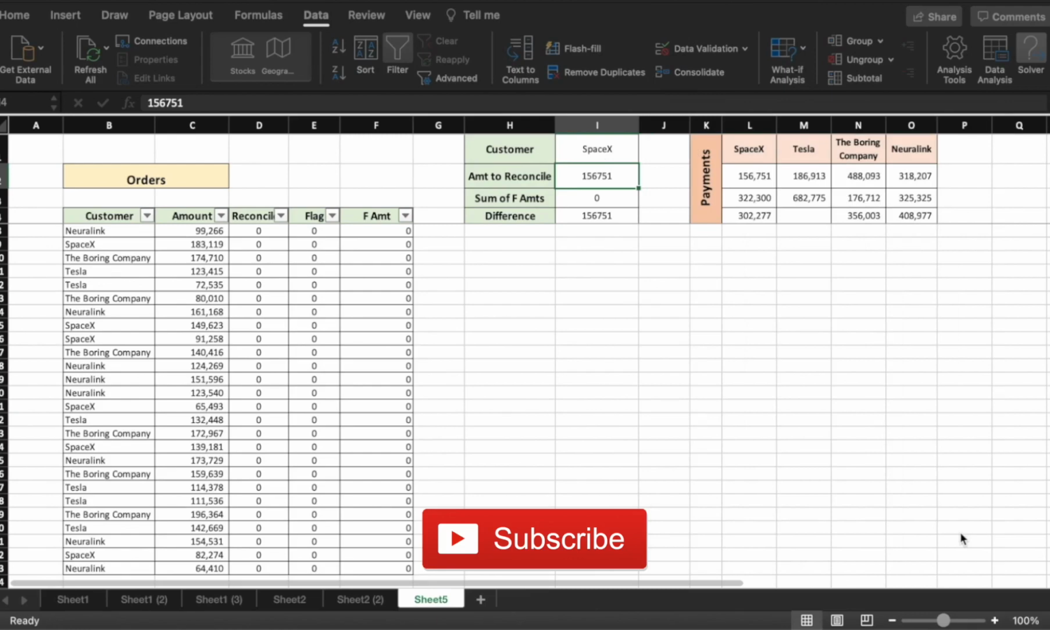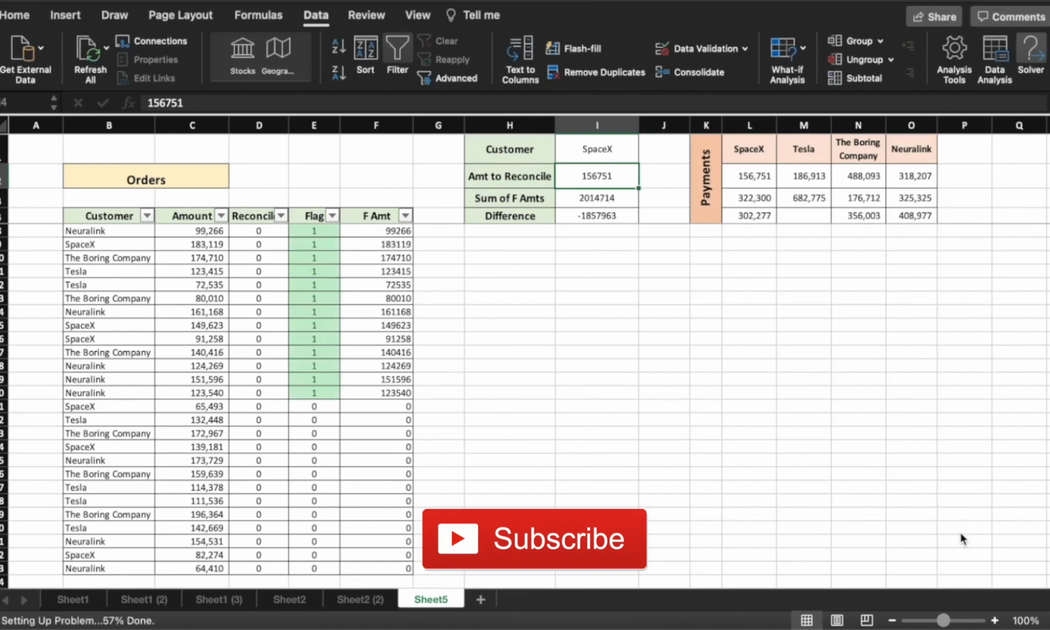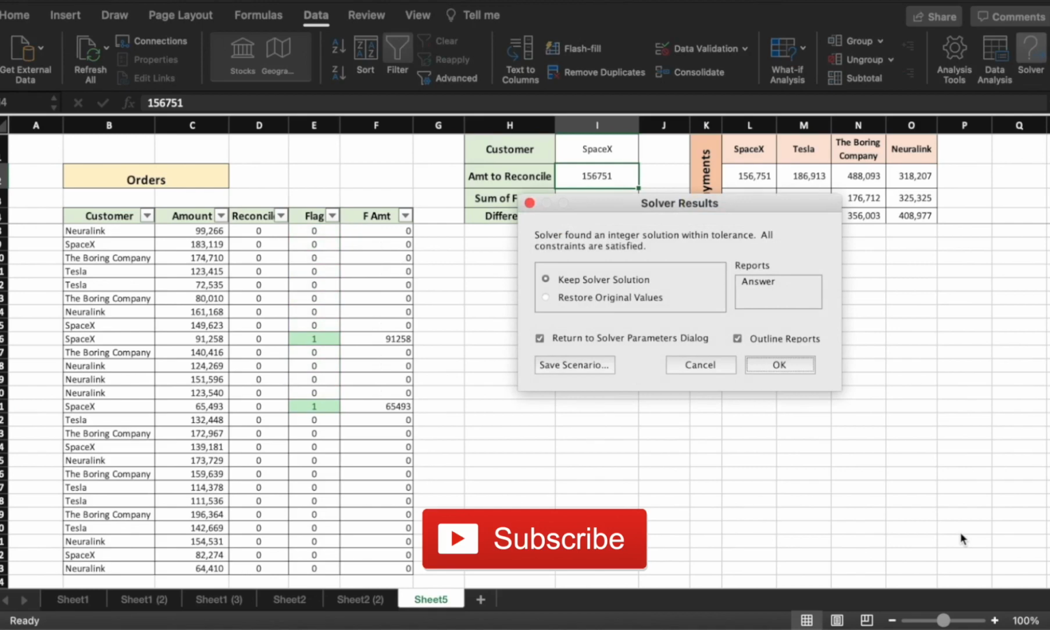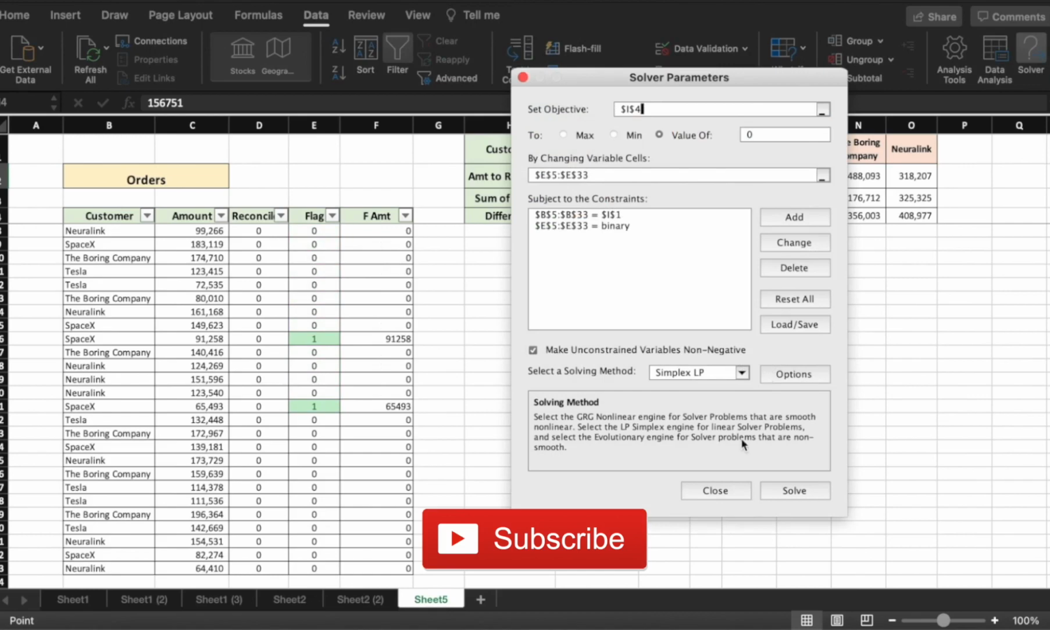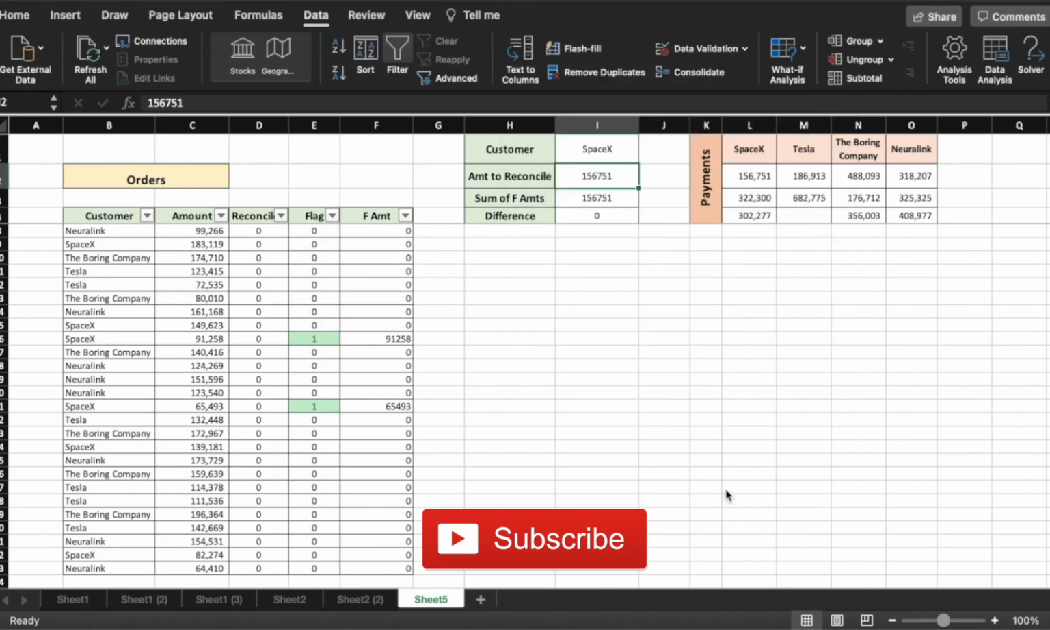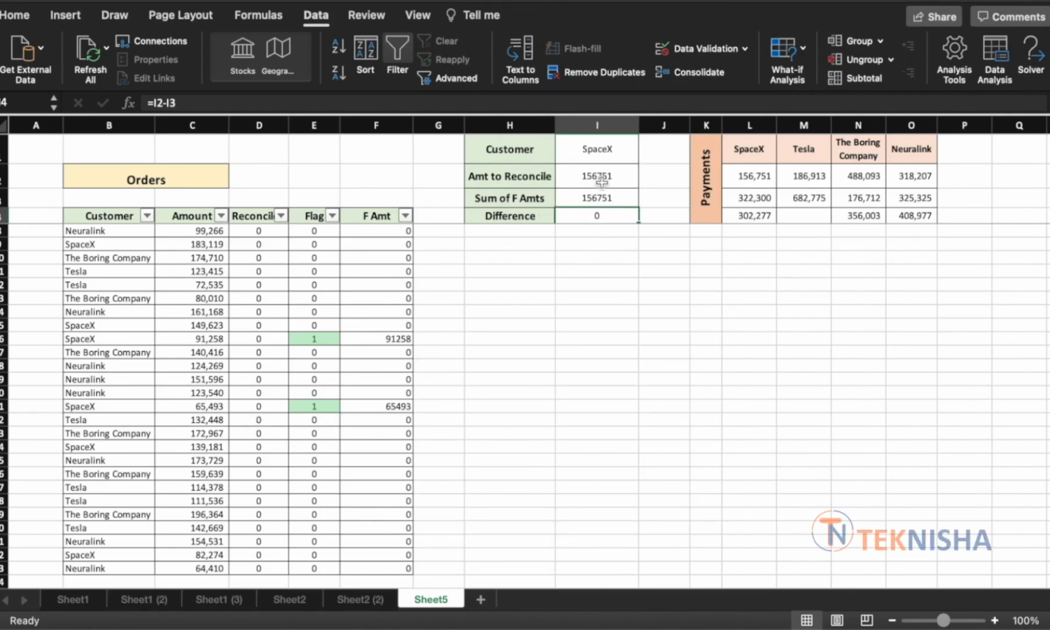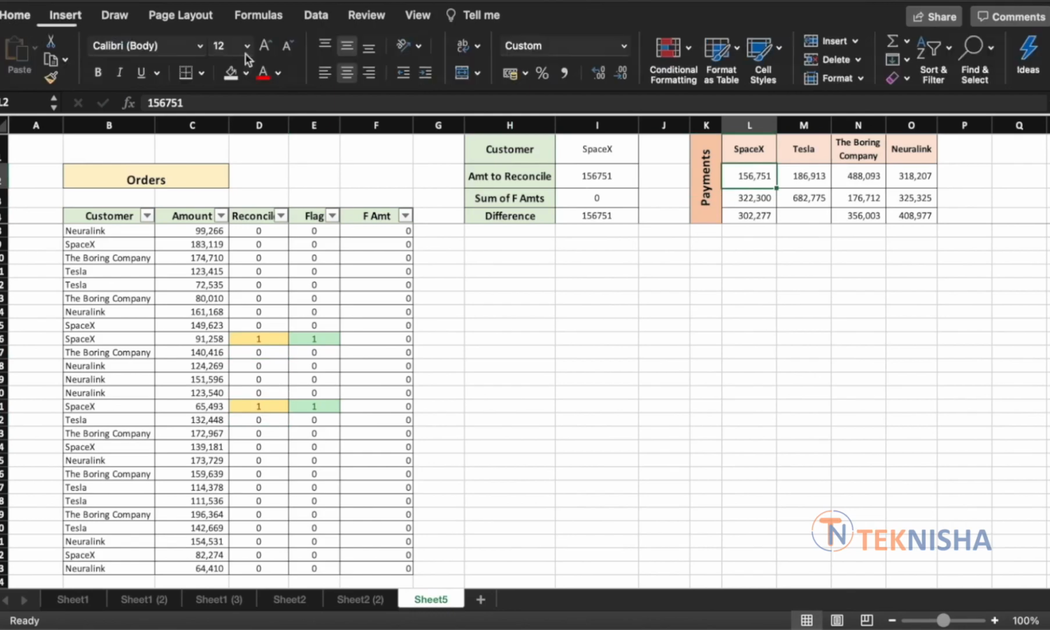So Excel is going to do automatically what we've done manually in the previous steps, and there it is. So we say keep Solver solution and say OK. I'll just close it for a minute. And now you see the difference is 0 and it's highlighted two cells, one is SpaceX and the other one also is SpaceX, whose amounts are reconciling to the value 156751. So since we already used it for reconciling, I can put a flag 1 across these two numbers, and we've now reconciled